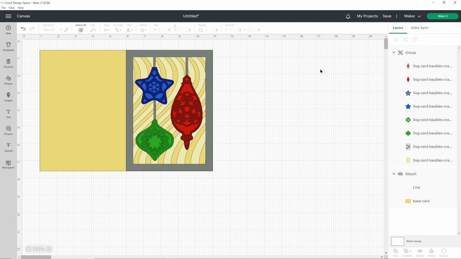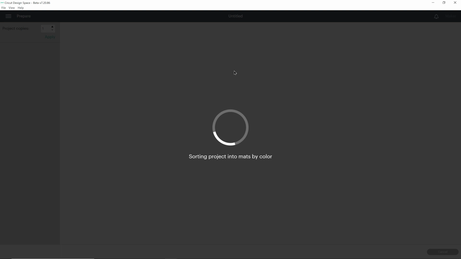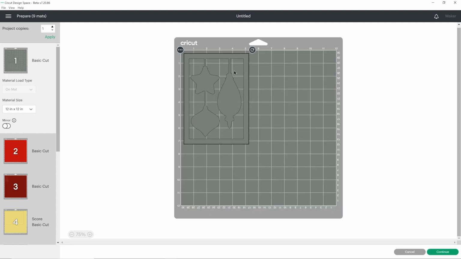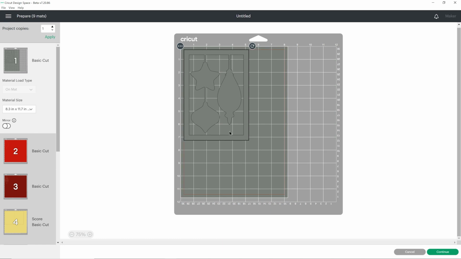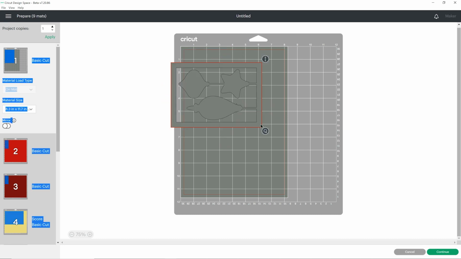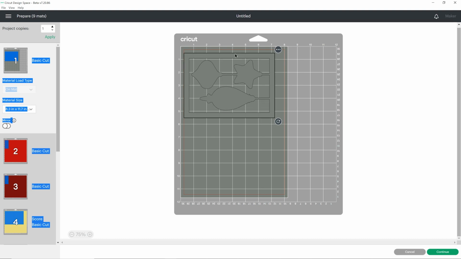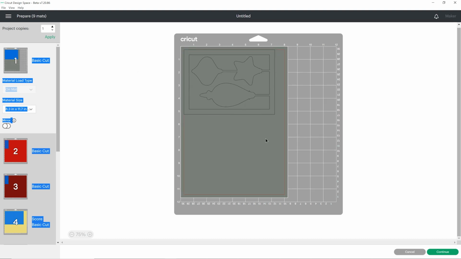When you're happy with how it's looking, press Make It, and this will separate everything out into the different colours. You can change the paper size over on the left, and then rotate things around so that they use up less space by clicking the rotate arrow and dragging with your mouse. If you press the Shift key down while you do this, you can get it to go exactly 90 degrees. So now I've got all of this space at the bottom of my card that I'll have left over that I can use in another project another day.